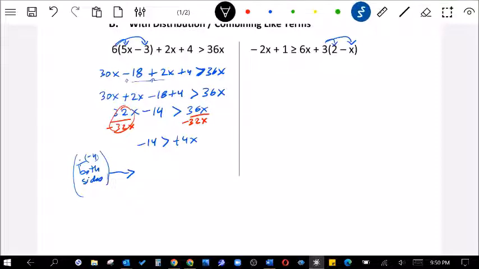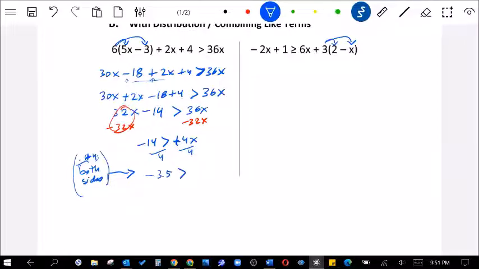I don't want to mislead people, so let's not put what looks like a division sign. The step in red is I'm subtracting 32x from both sides. That means this is plus 4x here. Now I'll divide by 4, which means I do not need to reverse the inequality sign. Let's divide by plus 4. And that allows me to get negative